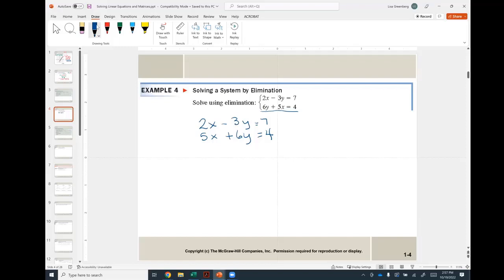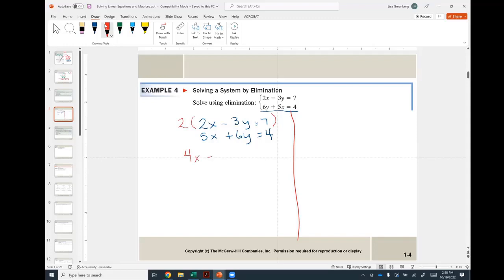So I have to decide if I want to eliminate x or y. Maybe for this one, I'll do both. So the easiest one to eliminate, in my opinion, would be the y, because they're multiples of each other. Basically, it's like looking for the least common multiple. Or if you don't know what that means, it's like finding the least common denominator, where you want those values to be equal. So for example, if I multiply everything here by 2, I'm going to go down this way, I get